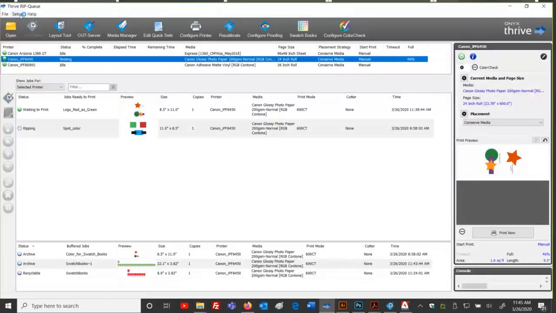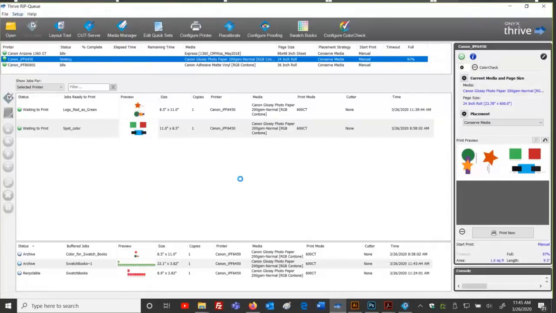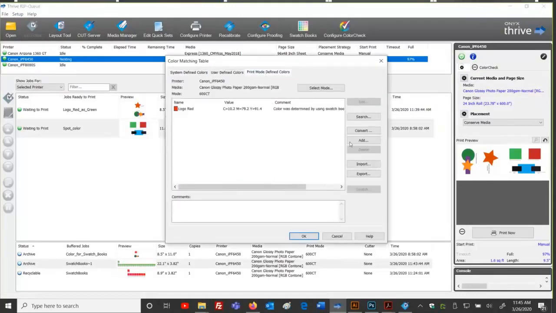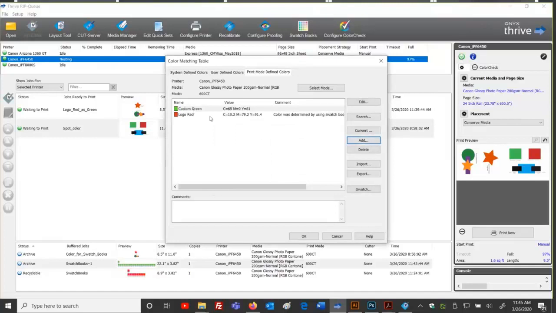Now I have the recipe. I can go back into my swatch library, and I can add that color in to my print mode define colors. And now I can add that spot color name, custom green, and I can start typing in my recipes. I don't know, whatever it was. I'm just kind of going off the cuff here, but that's where I would enter my recipe. And now that's going to take the place for that color. So we have a method of doing this just straight out in Swatchbooks.